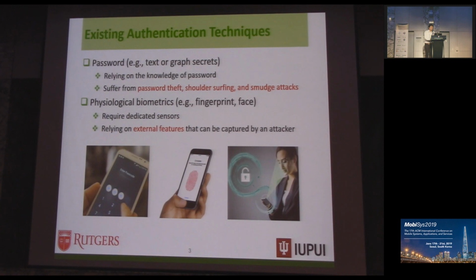To defend against this unauthorized access, traditional approaches include the passcode and the graphic pattern. But these solutions usually suffer from passcode theft, shoulder surfing, and smart attacks. So biometric-based methods provide a new pathway to secure mobile devices, such as the fingerprint sensors equipped on some premier smartphones. But there is a large market, especially in developing countries, where phones are not equipped with